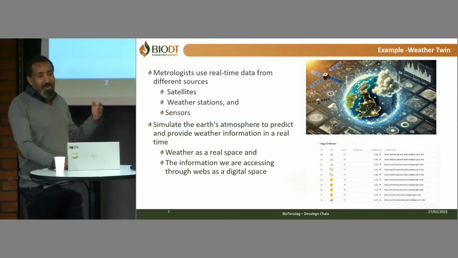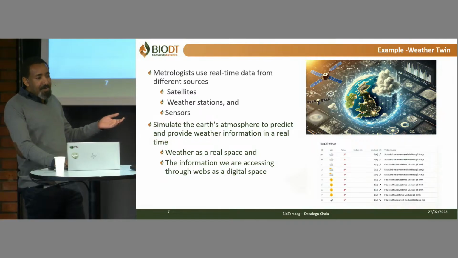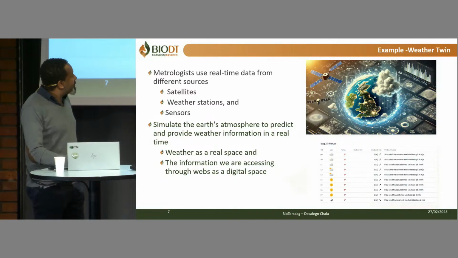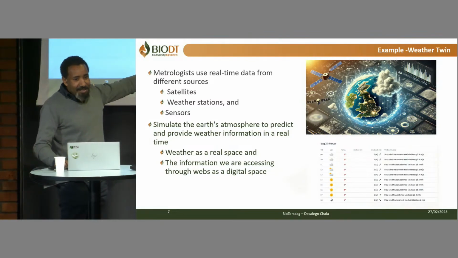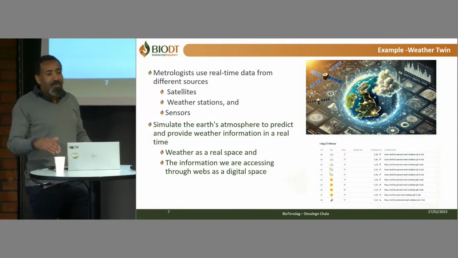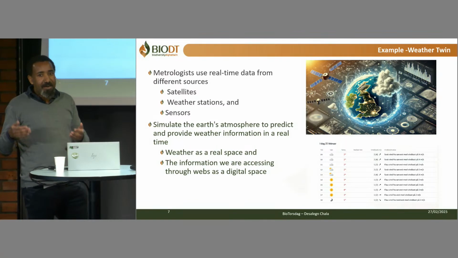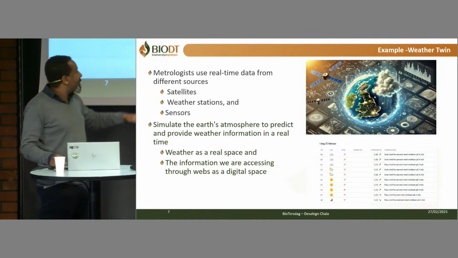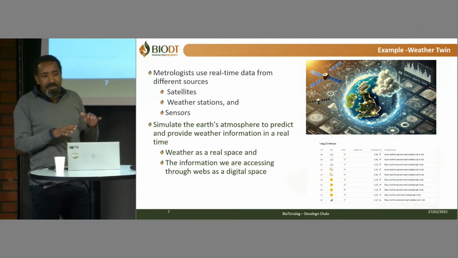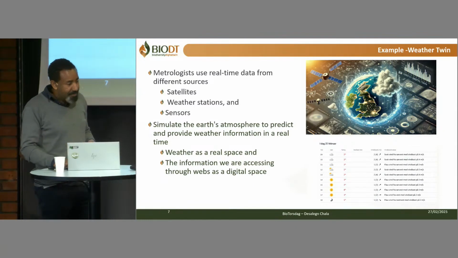In order to know what the weather looks like in Africa or in America or wherever, you don't have to be physically there. You can just check it from a web service or from your smartphone because that information is digitally available. This is what the weather should look like here in Oslo, specifically at this place. What you can see on the web is a mirror image of what we see outside. So you don't have to go and check it because you can access it from web services. And this is normally what you call a digital twin, and these are connected in real time.